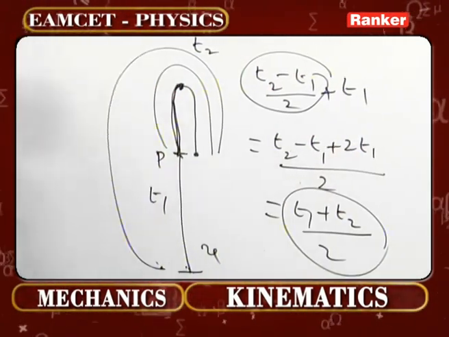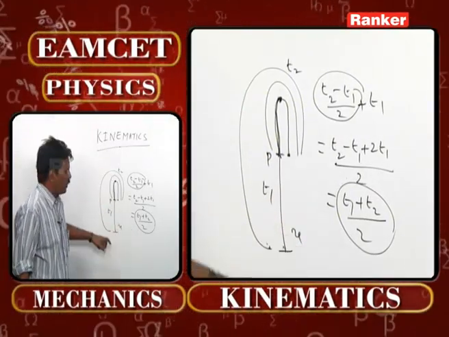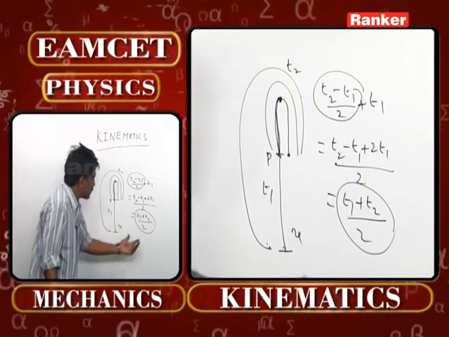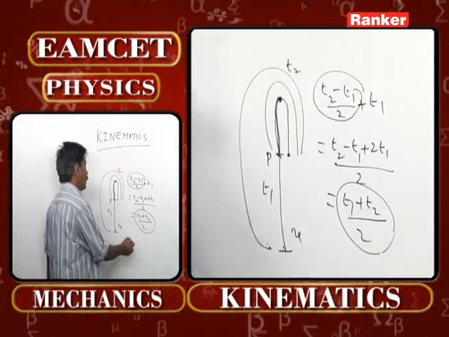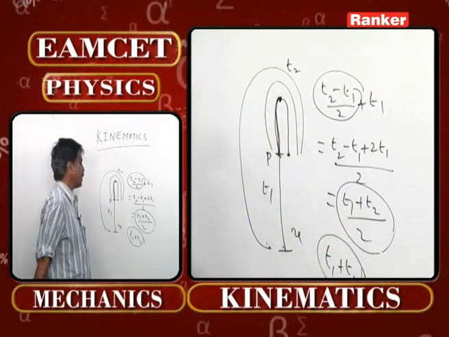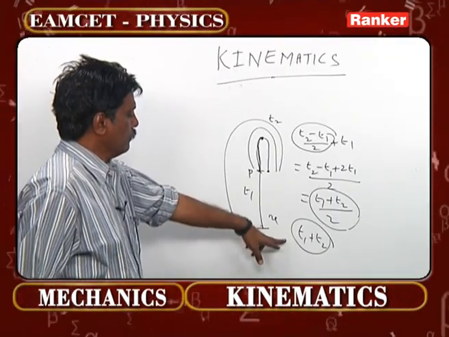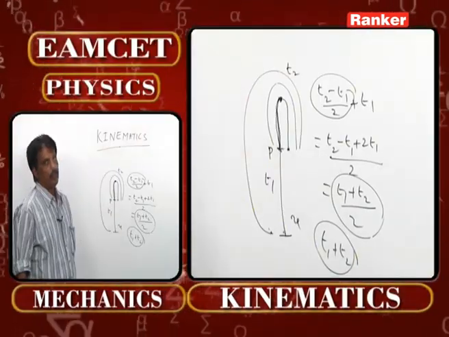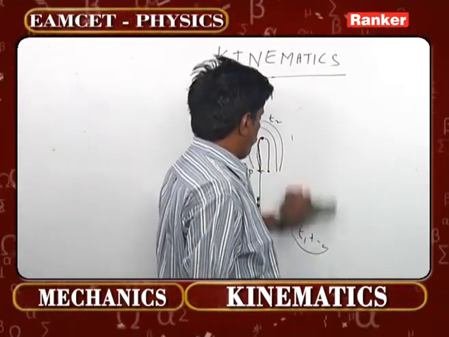So, total time required to reach the maximum height is this from the ground. Total time of flight of the body is double this, because time of ascent is equal to time of descent. So, total time of flight is equal to t1 plus t2. This is the time of total journey of the body. Now, here